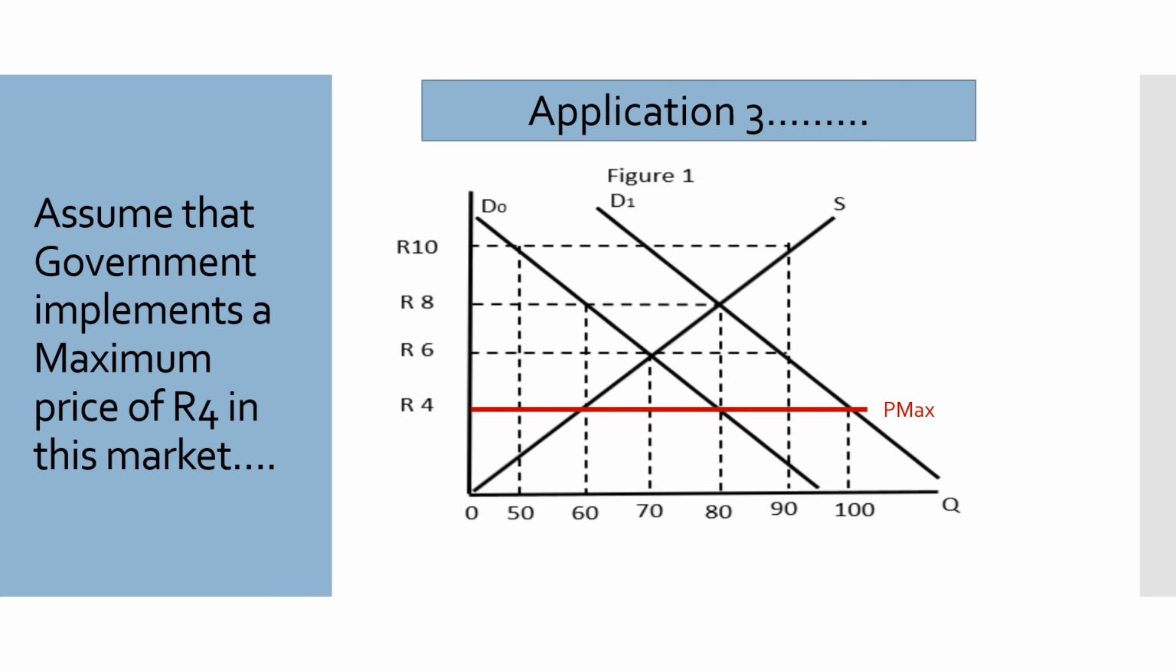Looking at that little graph that I looked at at the end of part one, once again, we can go to a graph like this and we can now implement a maximum price. Remember, your P max has to be below your equilibrium position. So there we see our P max is at a price of 4 Rand. And now we would see very easily that we get excess demand again if we're looking at it in terms of D0,